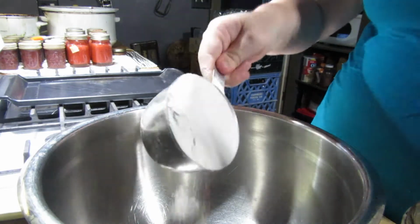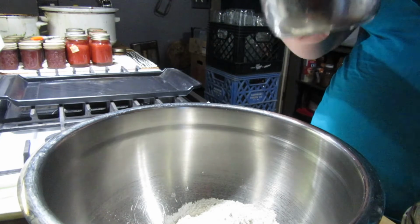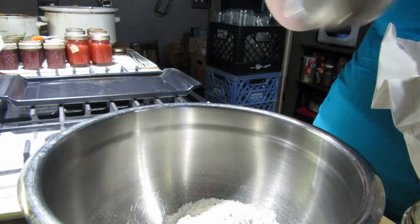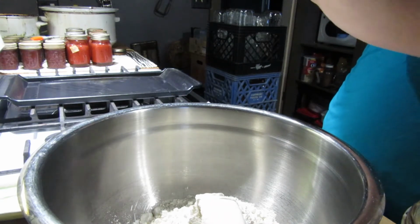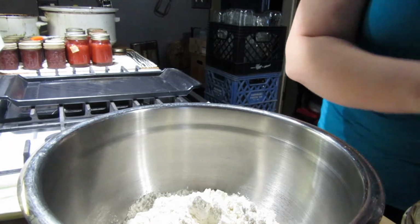So I begin the recipe. I'll tell you what a single recipe would be, and then I'm going to make more than one. So you're going to put 1 cup of flour for each recipe. Oh yeah, it looks like I'm going to make a triple batch. Okay, that should be perfect. So, as I said, 1 cup of flour per batch